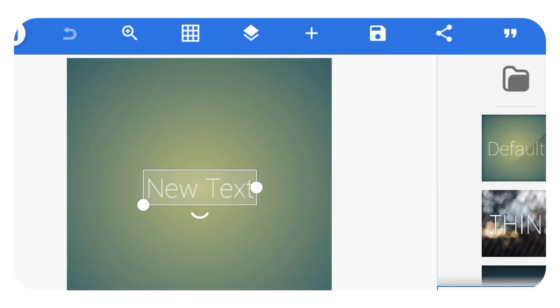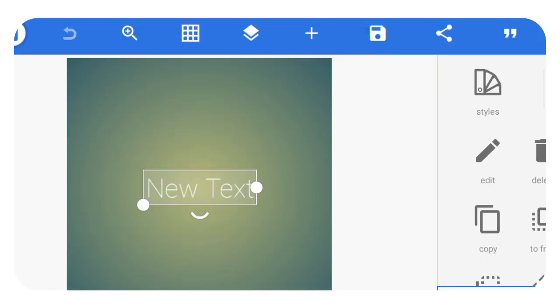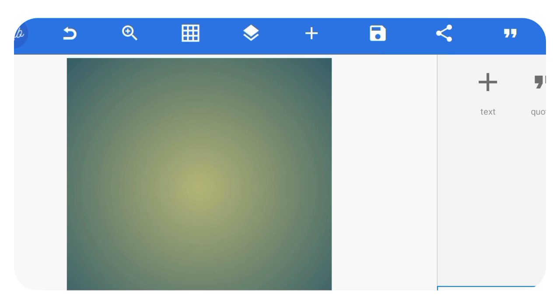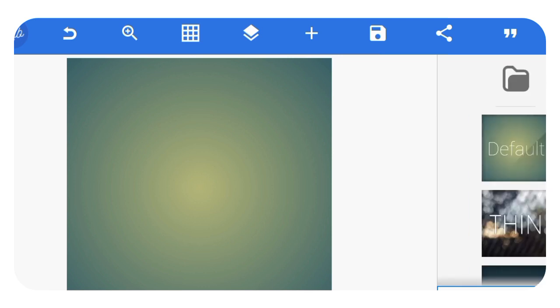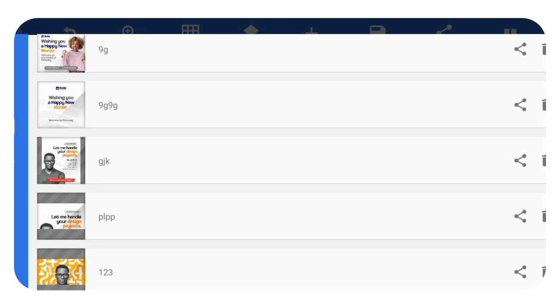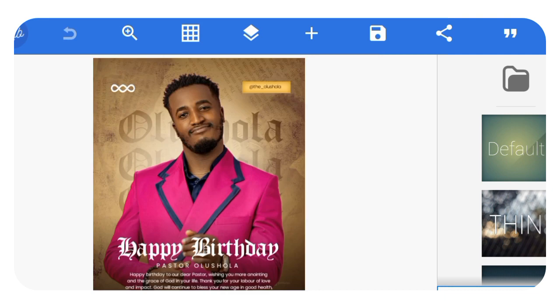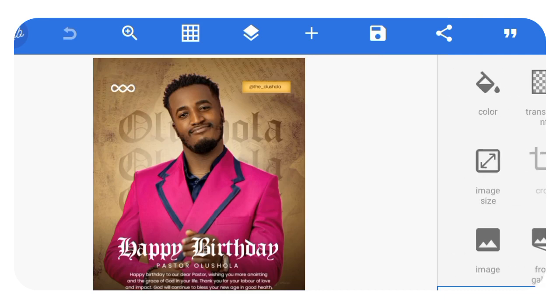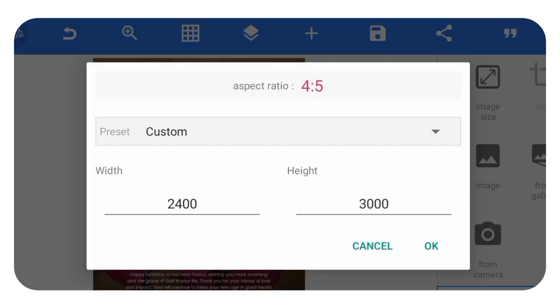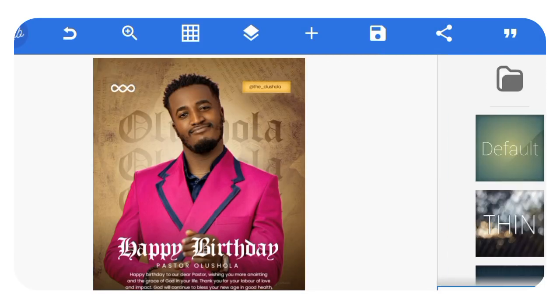Okay, the second mistake is exporting wrongly. Yeah, exporting wrongly. I've had a lot of DMs saying how do I export for social media and it still retains the quality. Now, I will bring out this design I made. Yeah, so this design, as you can see, the dimensions of the design is 2,400 by 3,000. That's 4 by 5 inches. Yeah, so